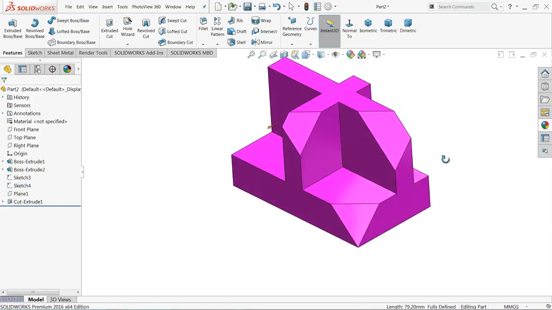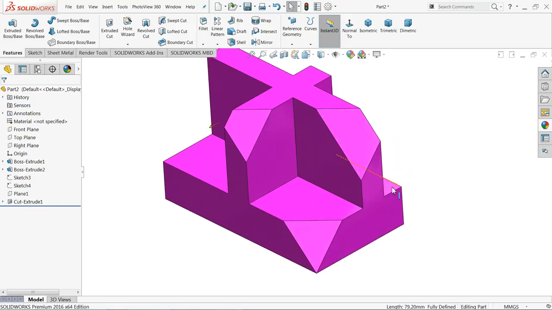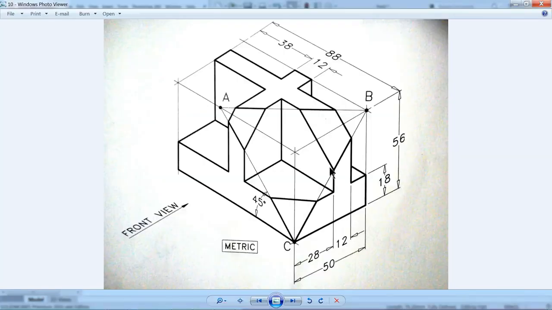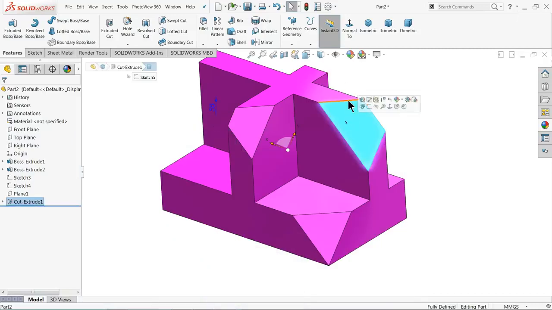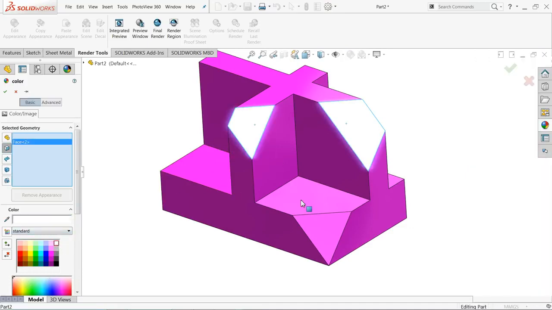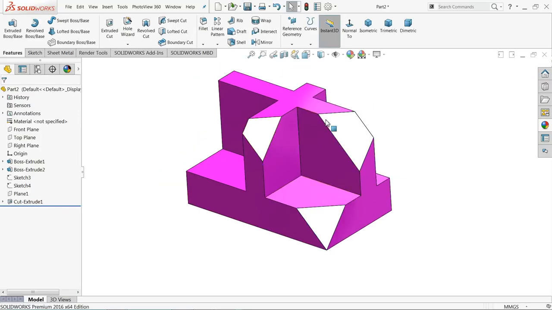Now see how we cut a simple triangle here. You can see in drawing, this is ABC point. If you want to give another color, just select the face. I'll give white to 2, 3 faces. Okay, so this is the simple example of